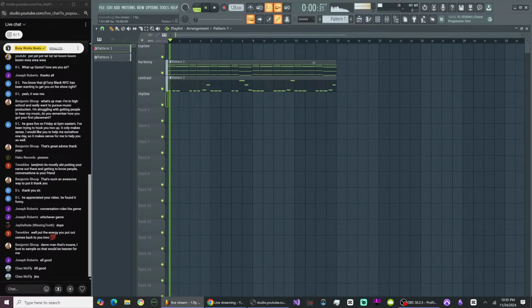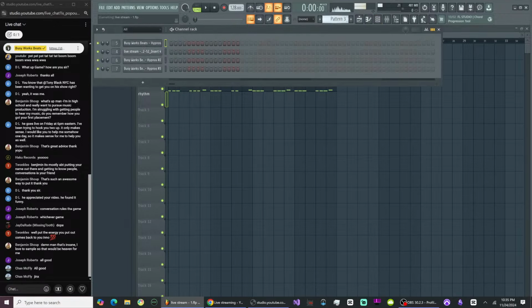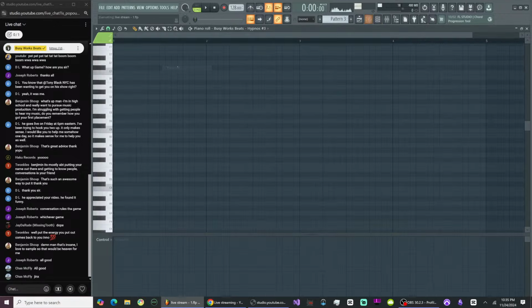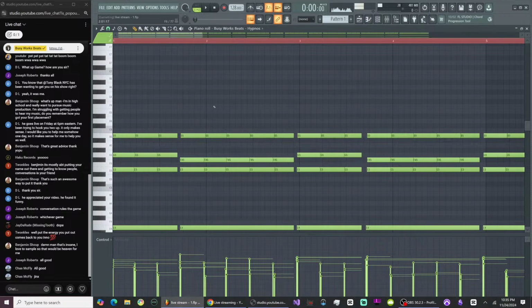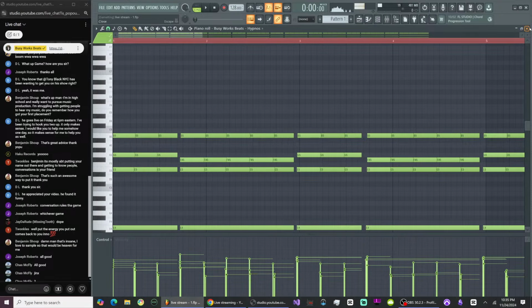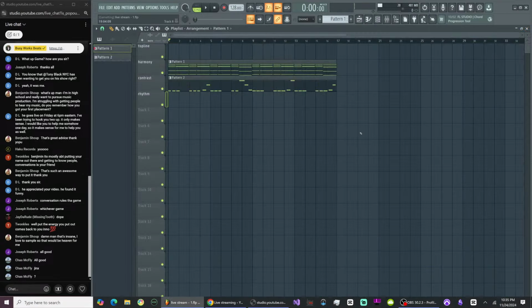But maybe. Okay, let's do the top line here. So we're going to go 1 octave higher most of the time. Most of the time I'm going to play the chord type just spread out. So remember, our chord types were the minor chord and the suspended second chord. I'm really playing chords just spread out over time.